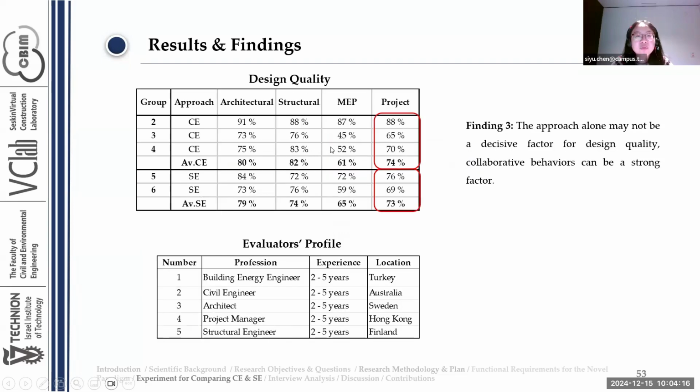And here is the result for the design quality. So we have the evaluators evaluate this according to our standards. If you look at the project design quality in the end, there is not too much difference between these two groups. But if you look at group 2, it stands out with significantly higher quality, which indicates that certain collaborative behaviors can be a strong factor, and that the approach alone may not be a decisive factor for this